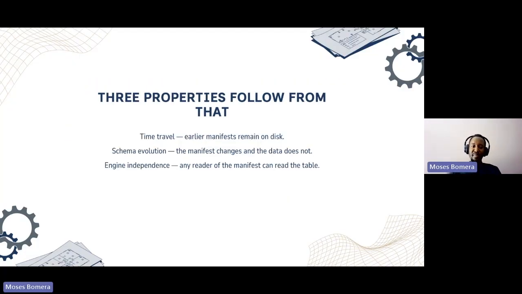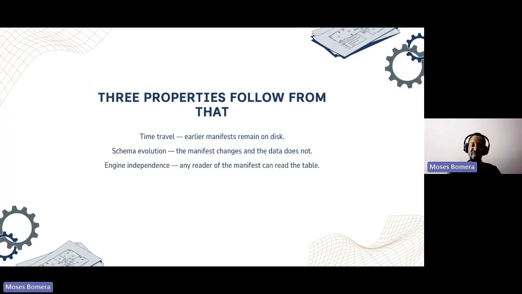So the manifest, along with the metadata and the actual data being written and being immutable, give you the three properties that allow for workloads that benefit from things like this. That's mostly machine learning, where you want to know the different versions of the data that you've used to produce the artifacts. That's the models, the predictions, etc. So one is the time travel.